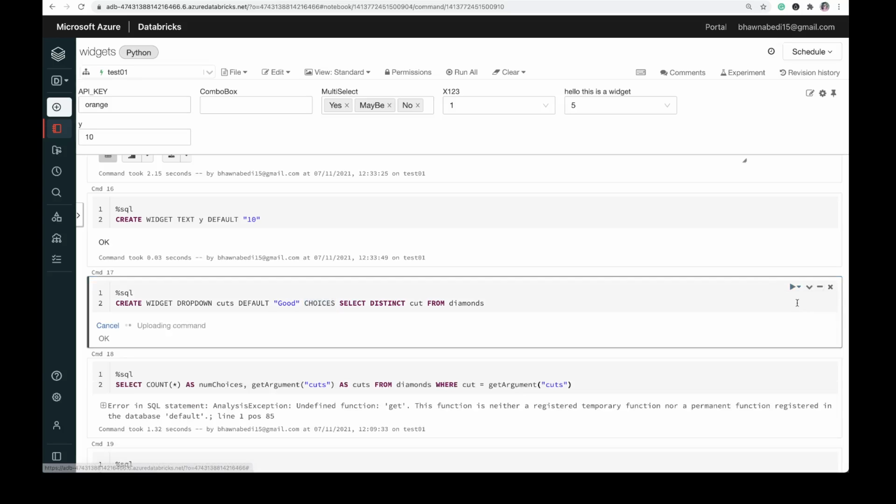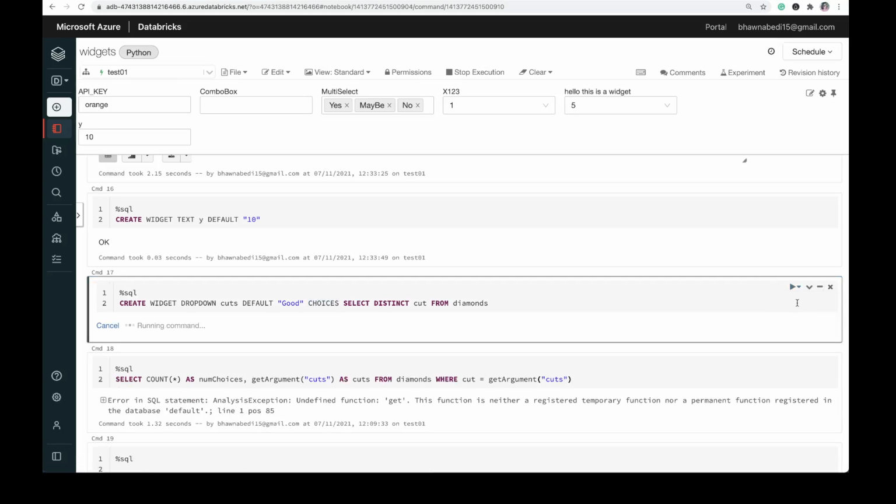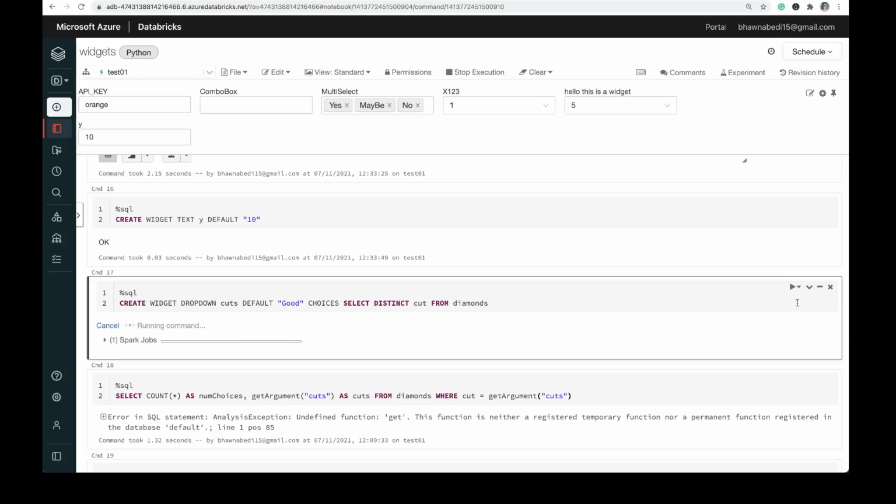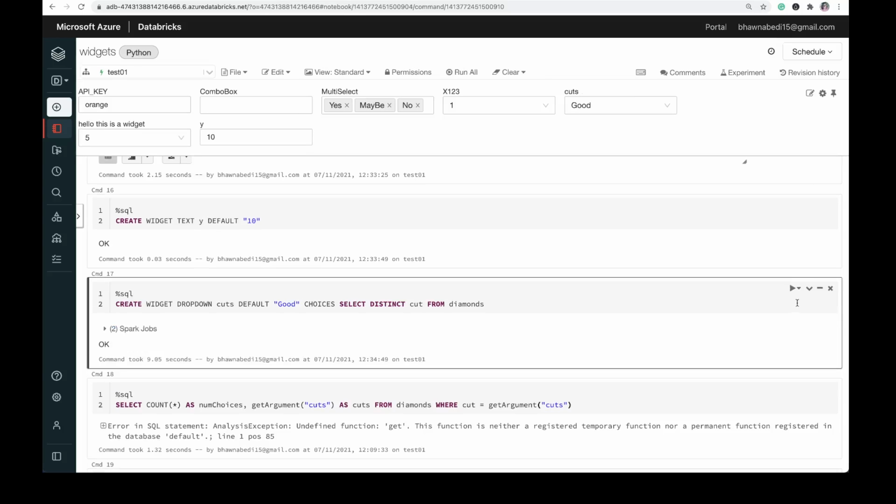Let me run this command. This is quite cool, that you can use choices from the table itself. Now you can see, guys, that you have this cuts dropdown with good, premium, ideal, fair, and very good. All these were the distinct values from that table, and it has taken them.